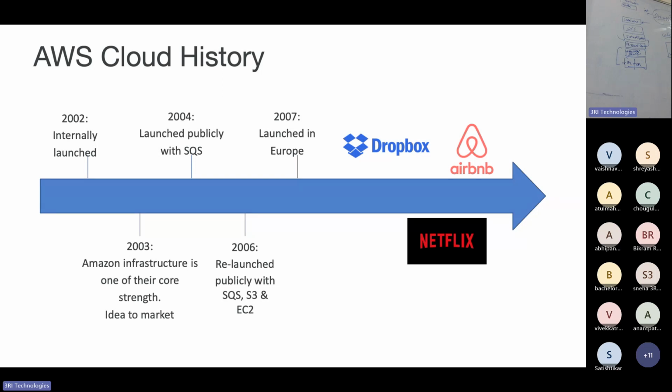Then if my service picks up, I will add another server, another server, another server. The only problem is most of the people are using it as a trial. They are not paying me. My service is scaling, but I'm not getting paid. I'm buying the server. That means what I need to do, you see here,